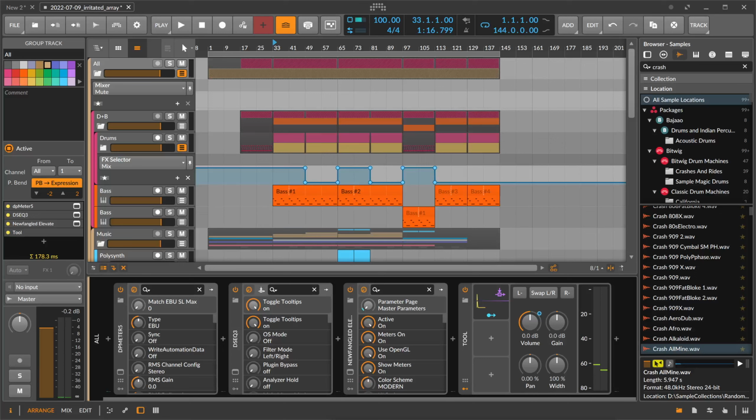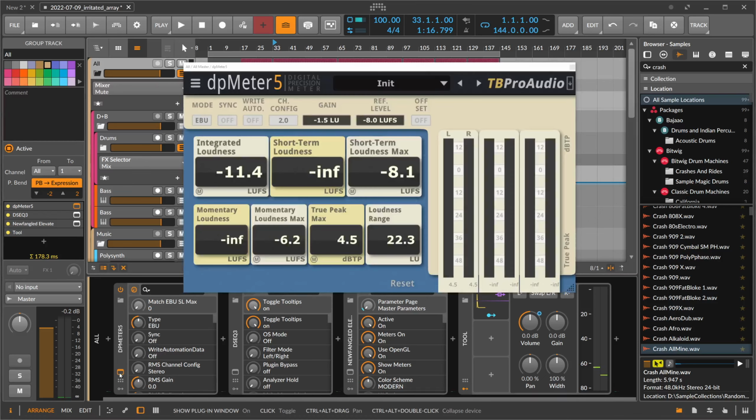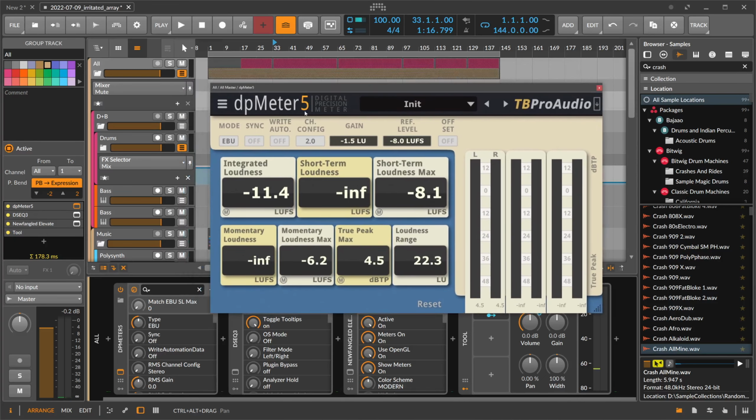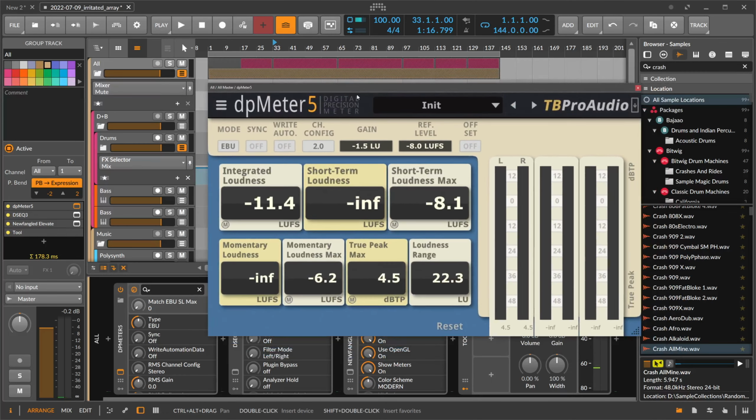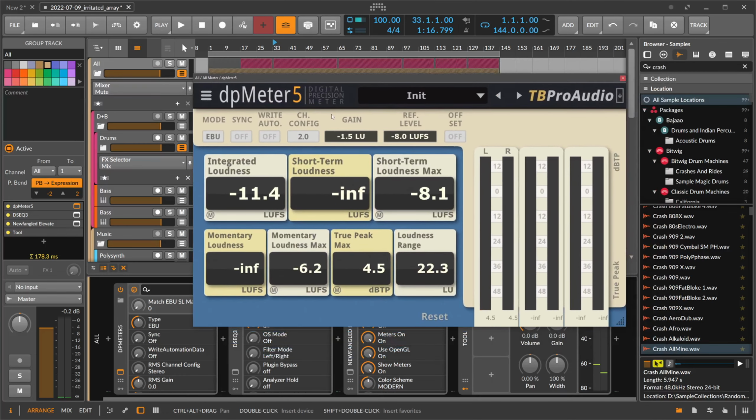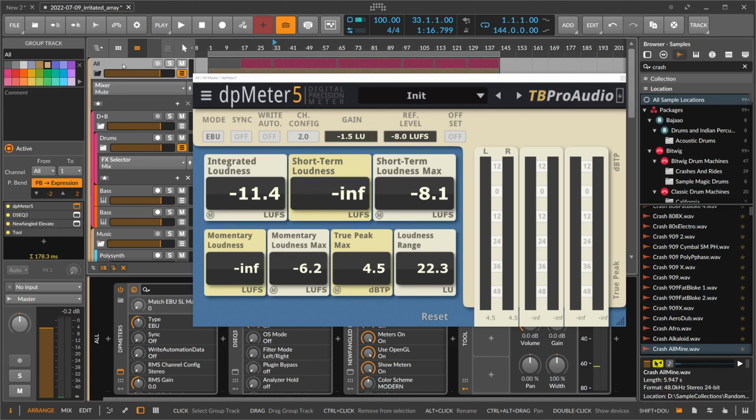Today it's about three plugins that are completely free and I use most of the times in all of my productions. And the first one is called dB Meter 5, already in version 5 here. It's nice and resizable, and it's a loudness analyzer, but it also has some auto gain functionalities. And I use this here most of the times on my master bus, as you can see, as the first